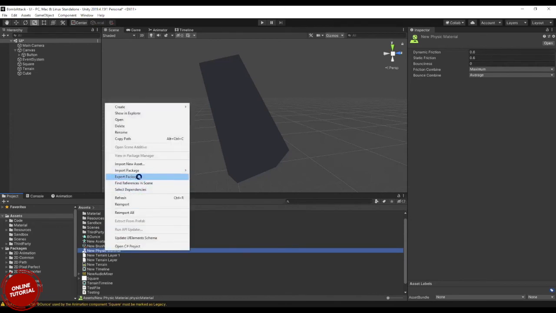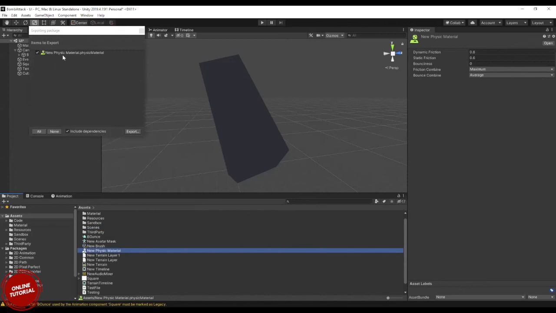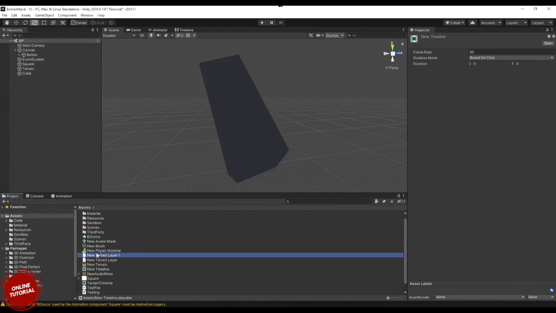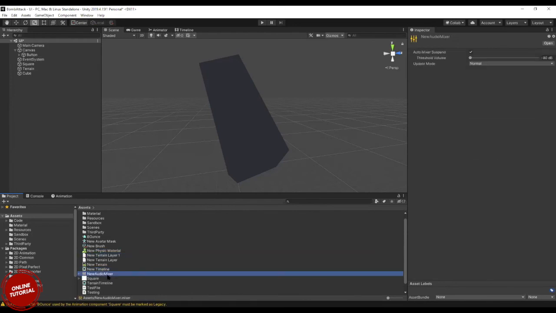For example, I want to export my physics material to the other guy, so I can create an export and export it as a package. When the guy double clicks it or drags and drops it into his respective Unity project, it will unpack and position itself as in your project structure with all its properties retained.